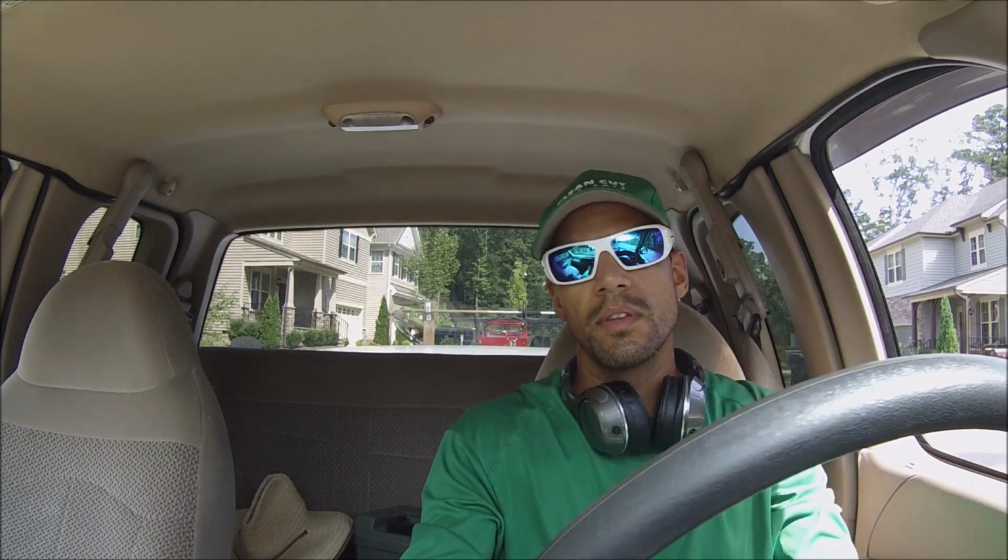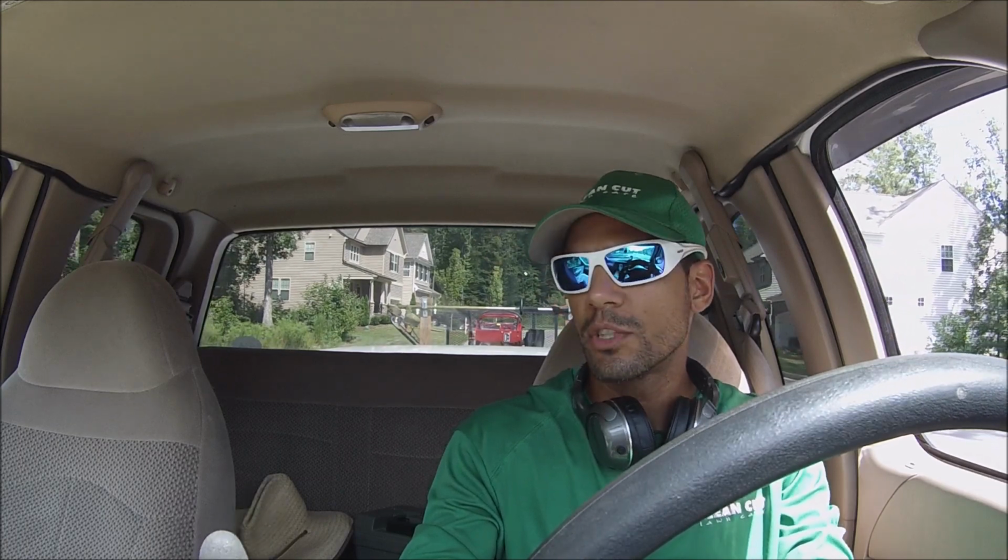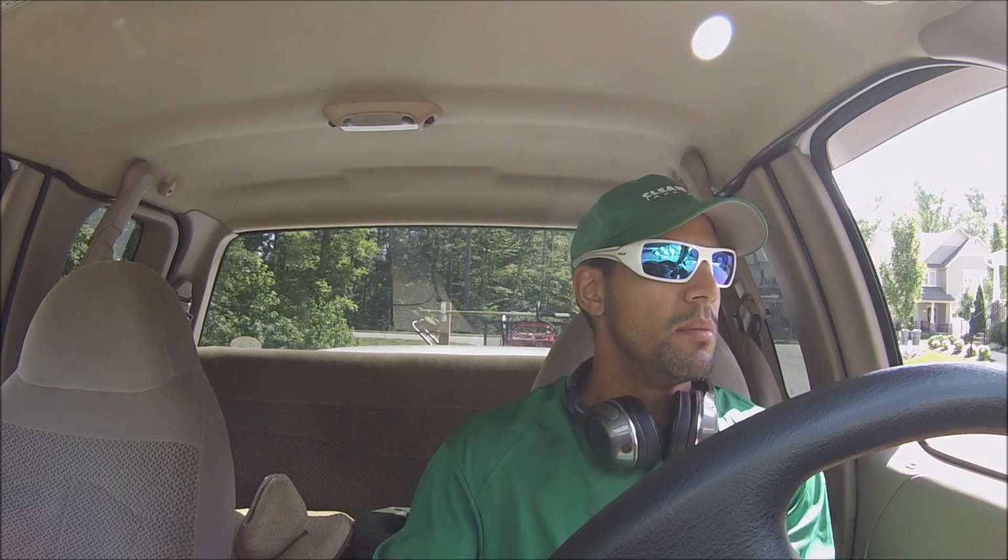So another thing that I learned this morning, I contemplated using my push mower for a particular yard, just because I felt like it was going to be quicker and easier for me to do it like that than to risk damaging the turf with my stander. The yard has a pretty good slope in the back and the side, and it's a little wet from it being watered this morning apparently, but because it hasn't really rained that much lately, the ground is dry